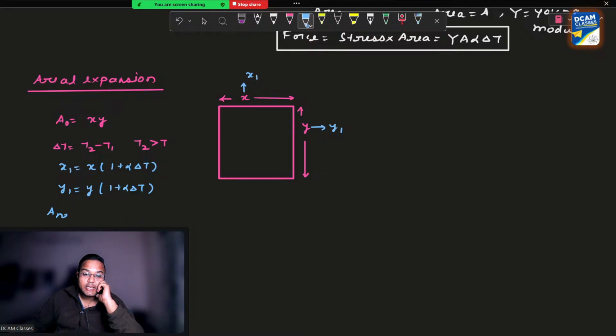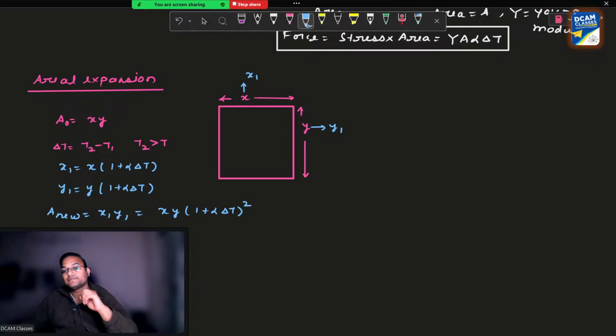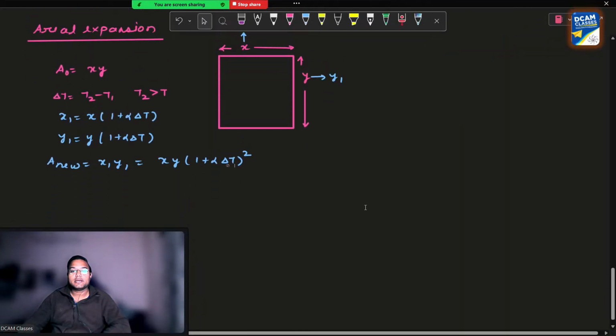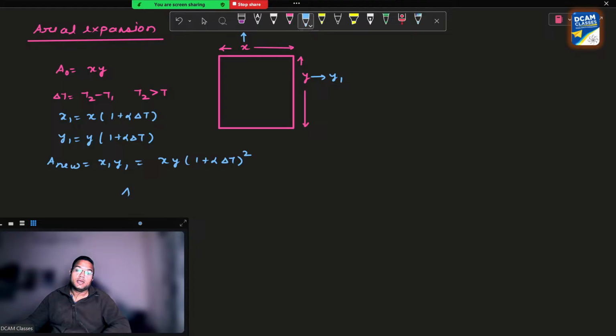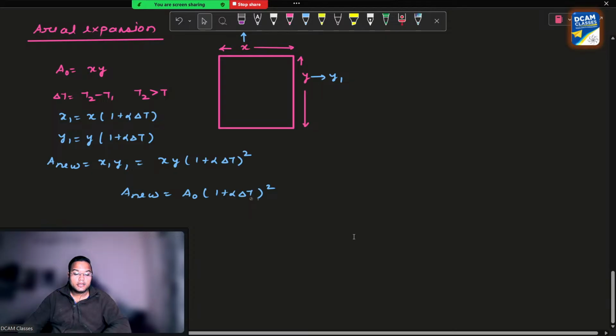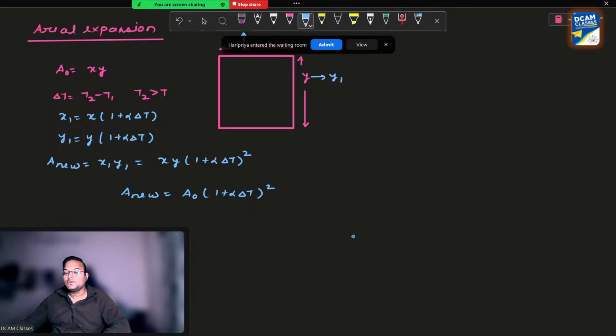Now the new area has become x1 into y1, which is xy into 1 plus alpha delta T whole square. Correct? Now comes the thing. A new is equal to the initial area A naught into 1 plus alpha delta T whole square. Now, here, usually what we do,